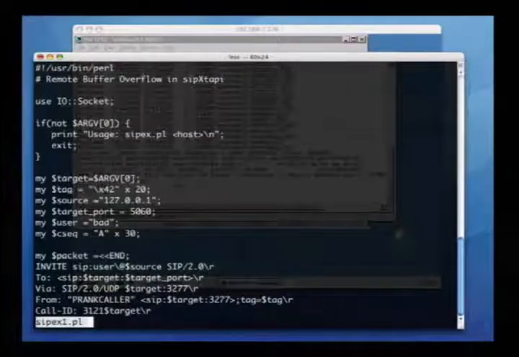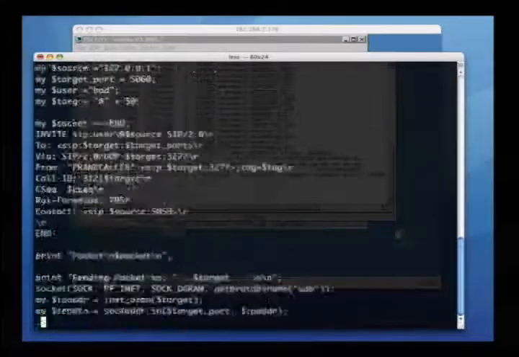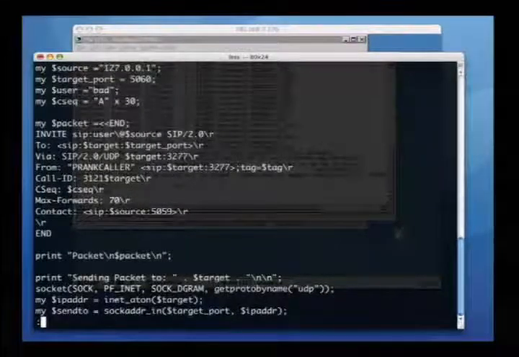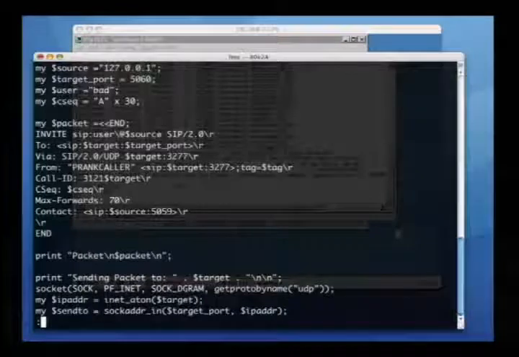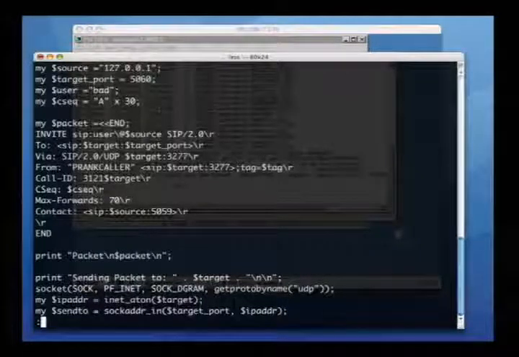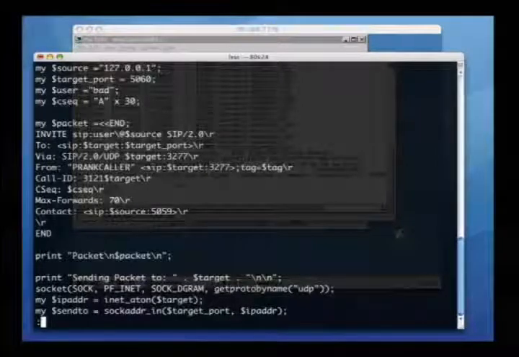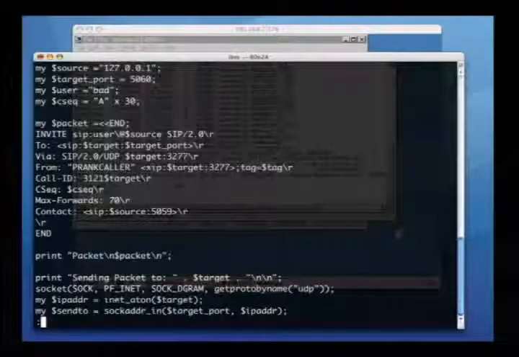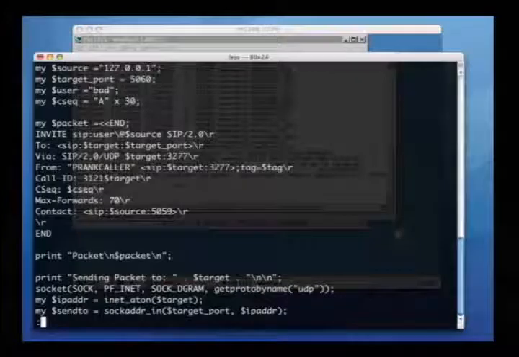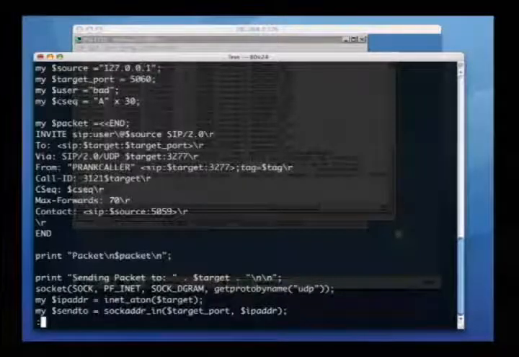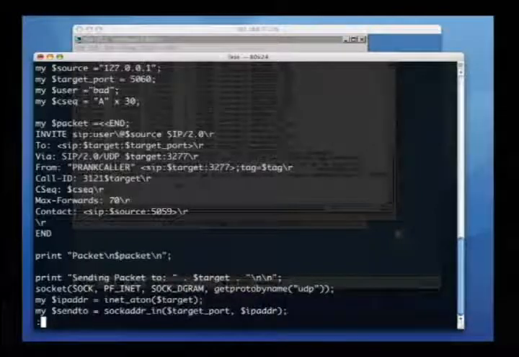What I'm doing is creating a SIP header with stuff like invite, to, via, from, call, caller ID. The interesting part is the CSEC header. I mean, the SIP header looks pretty much like any HTTP type protocol header. The CSEC header out of this SIP request contains an overflow. The overflow here is CSEC is designed only to take 24 bytes. Anything more than 24 bytes causes it to blow up.